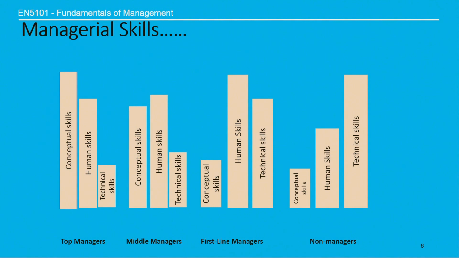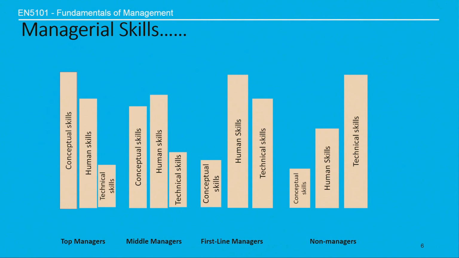But we mentioned that all these groups of managers and employees should have those 3 kinds of skills. But according to this diagram, the relative importance of each type of skill varies according to the groups